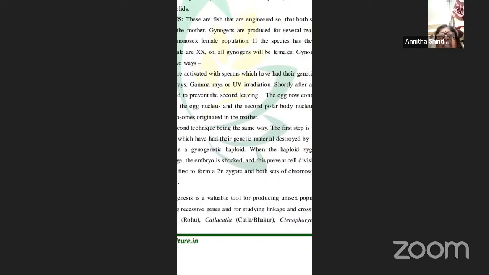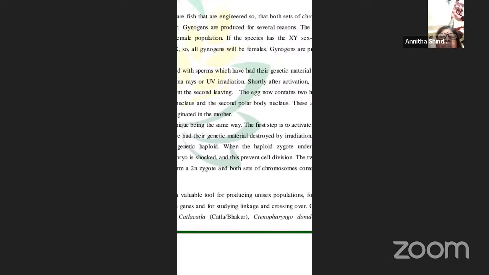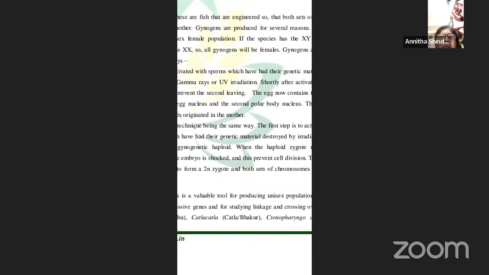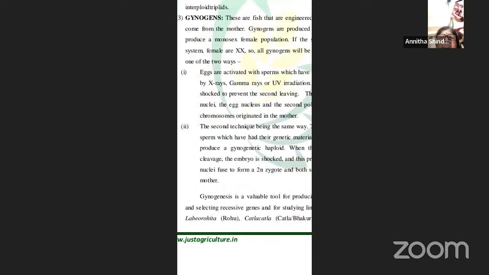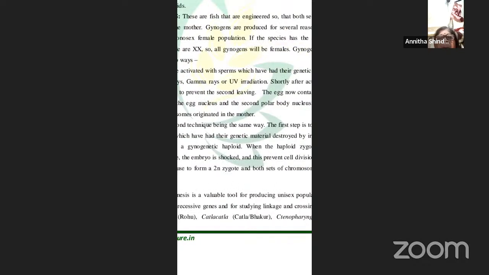The second technique is the same way. In this, the first step is to activate the eggs with sperm which have had their genetic material destroyed by irradiation. This will produce a gynogenetic haploid. But when the haploid zygote undergoes the first cleavage, the embryo is shocked, and this prevents the cell division. The two haploid nuclei has to